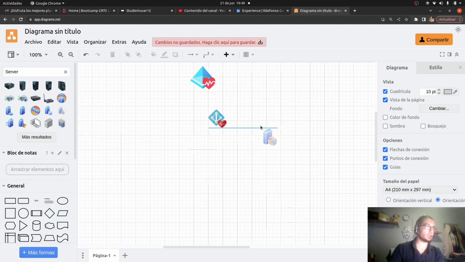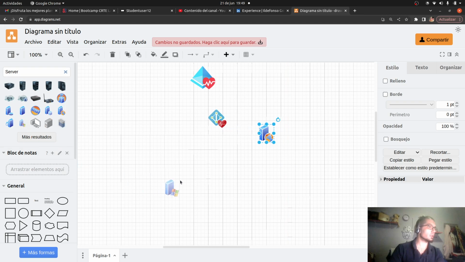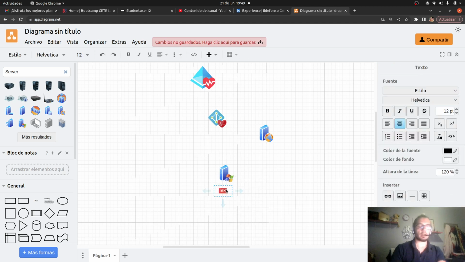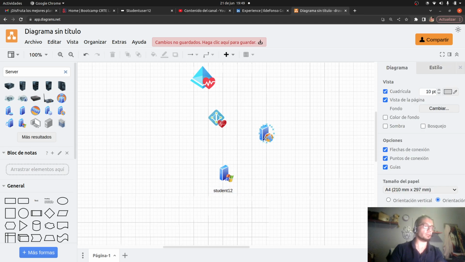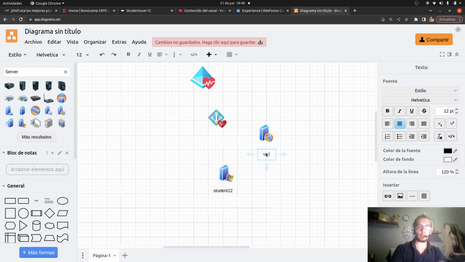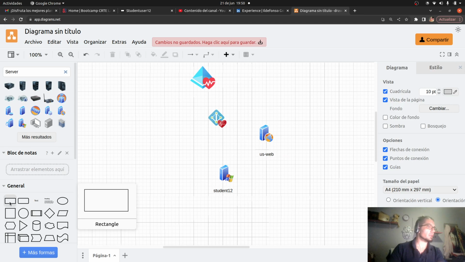We have a server here, another server here. Okay, this is our actual server. This is a student 12 machine. This is the target server. This is US web. So the first step is